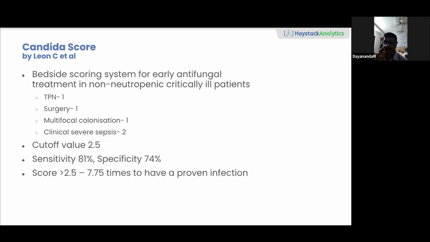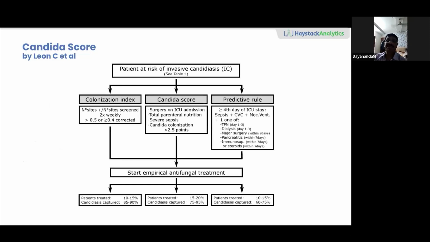Somebody who has a score of more than 2.5 is at high risk, with a sensitivity of 81% and a specificity of 74% for a fungal infection. A person with a score of more than 2.5 is said to have a 7.75 times higher risk of proven fungal infection or candidiasis. You can use the table or the flow chart to assess the risk in the clinical assessment of the colonization index, where you take swabs, as I said, from multiple sites,